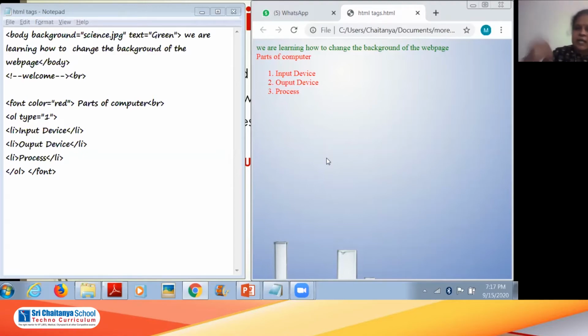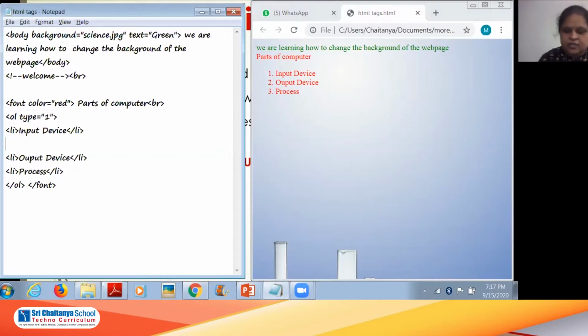Means inside input device, I want to display it as unordered list or ordered list depending upon our requirement. So I will take the mouse pointer next to input device, press enter. Here I will write unordered list, type is equal to circle.